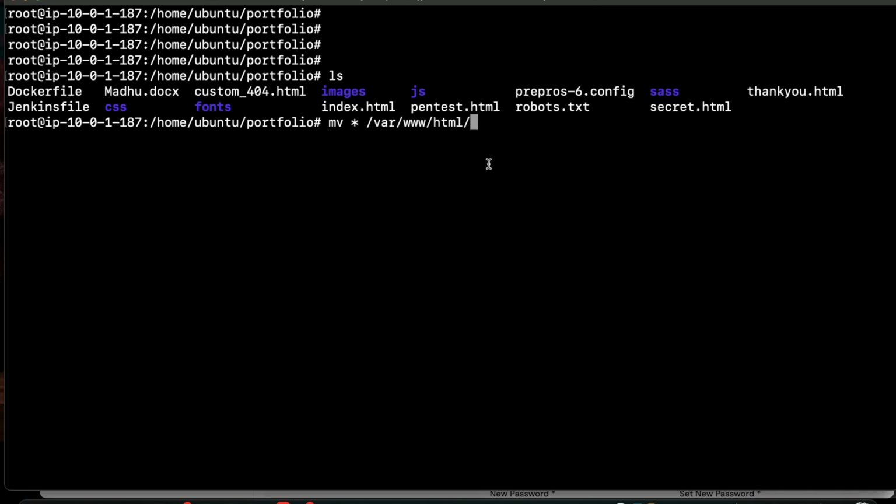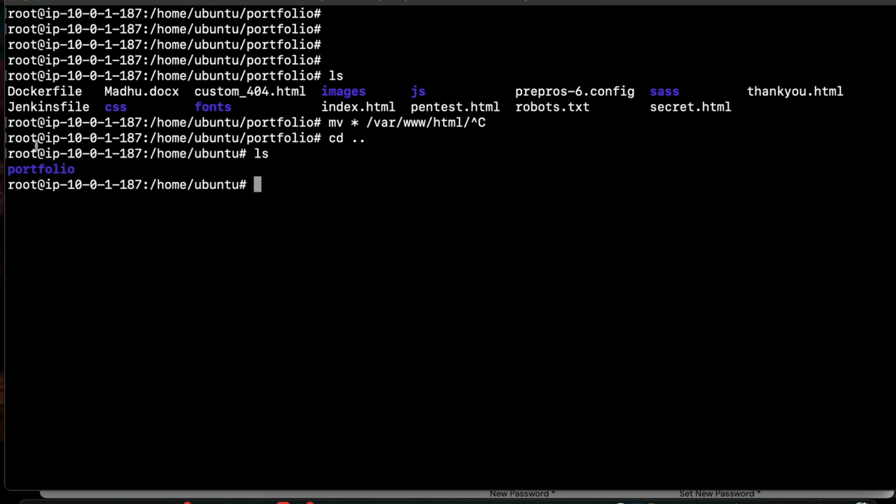So I want to move everything to this folder. Otherwise you can run the command to go back one directory up. If I do ls now, you can see that directory. I don't want to move this directory, but I want to move everything inside the